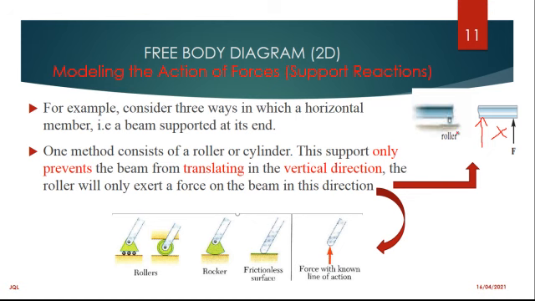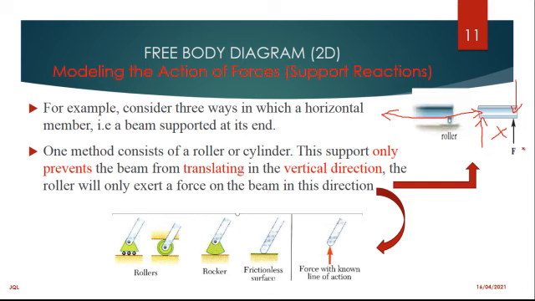It simply means this beam can translate in this direction, that is the horizontal direction, but it cannot translate vertically. Why? Because there is a force